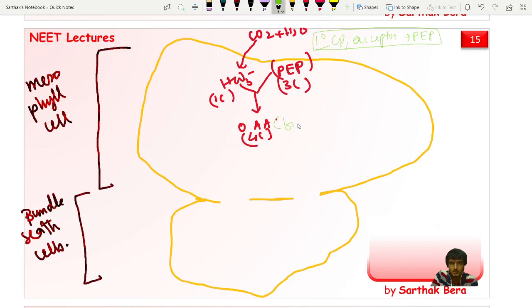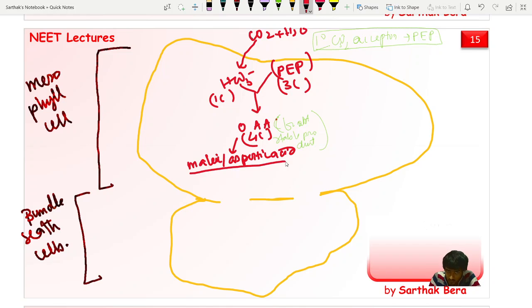This oxaloacetic acid is the first stable product here, and this oxaloacetic acid gets converted into malic acid or aspartic acid in the mesophyll cell, and after converting into malic acid or aspartic acid, which is also a C4 acid, it is transported into the bundle sheath cell, okay, as a C4 acid,